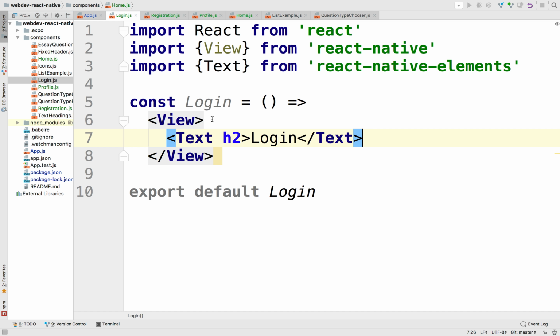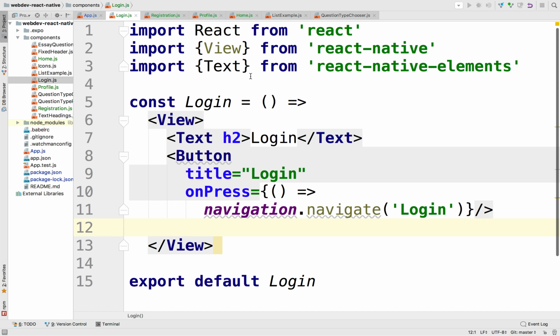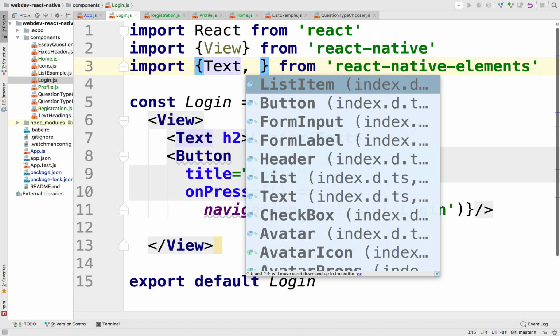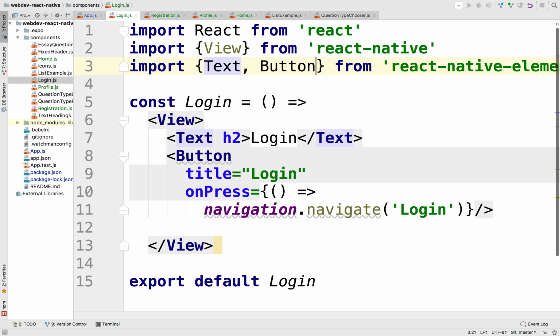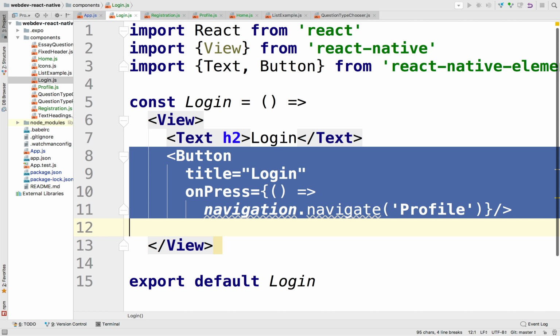For instance, in the login component, we would like to maybe add a button here, right? In the React Native Elements, so button. If I click on the login button, presumably I would check to see if this user exists, and if it's successful, I would navigate to the profile page. Or if I tap on cancel or